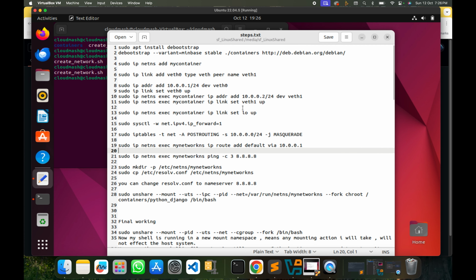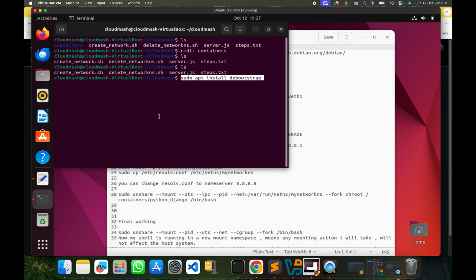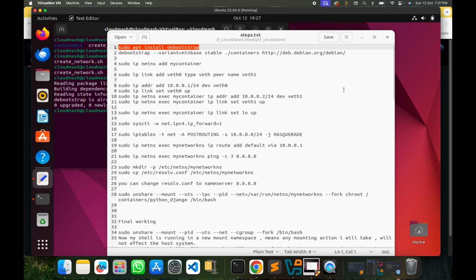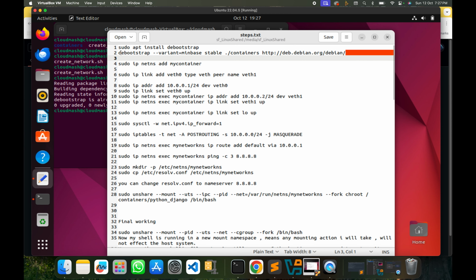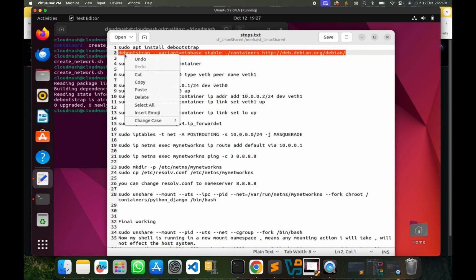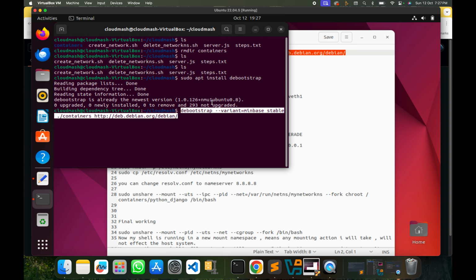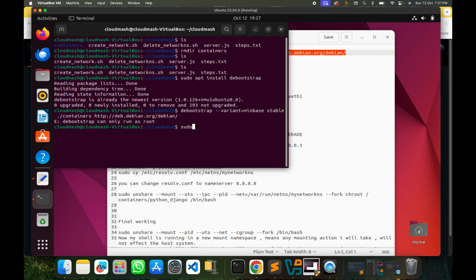Here, you can run this particular command, debootstrap. So what is debootstrap? Debootstrap is a tool which can provide you a starting file system. In my case, I have already installed it. So let's create my starting file system. I will be using these commands via this file, because if I just type it out, it will be boring for you. Okay, it can only be run via root, and